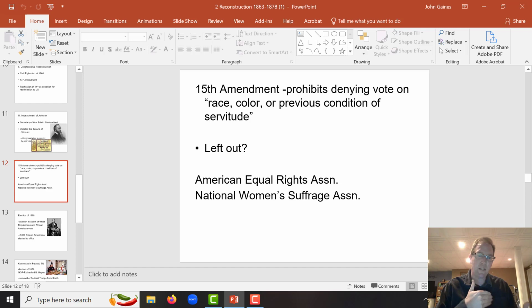And I always really go kind of detailed there, because when it comes time to vote, you need to go vote. I don't care if you're a guy or a girl or whatever, whoever you are in my class. People went through some really tough situations in order to get universal suffrage in the United States, and you really need to take advantage of that. I kind of go a little further and say you should probably feel bad if you don't go vote. I don't care who you vote for. But you should feel a little bit off if you don't go vote, because some people really went through some horrible situations to make sure you could vote. So, anyway,